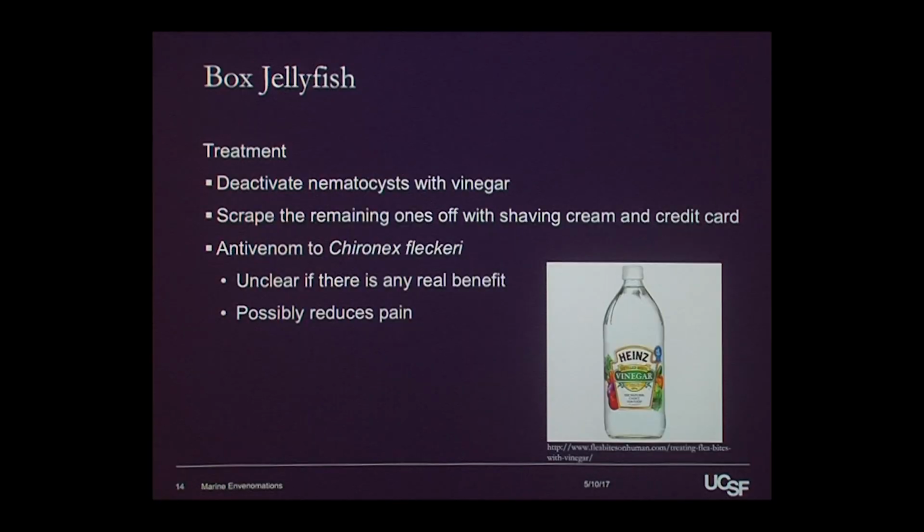The treatment here is, despite what you may have heard, you deactivate the nematocysts with vinegar. Nothing else, vinegar. And then once you've doused the extremity or whatever was stung in vinegar, you can try scraping off the remainder of the nematocysts. A lot of people have in their beach kits, or if you go to a lifeguard tower in certain places, they'll have shaving cream and either plastic cards, or you can take a credit card from your wallet, apply the shaving cream to the area, and gently scrape off the nematocysts if there's any still present. So that's what you can do immediately. You're on the beach, you get up on the boat, whatever you can,